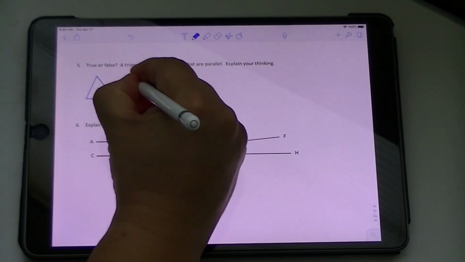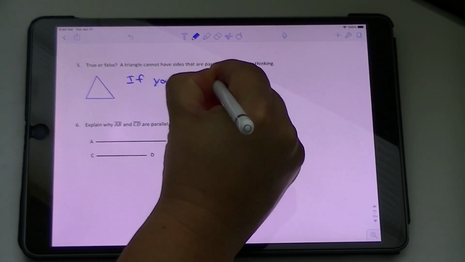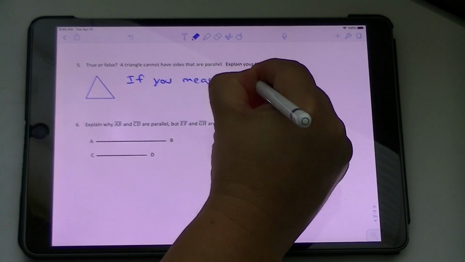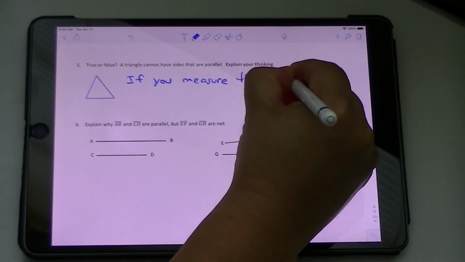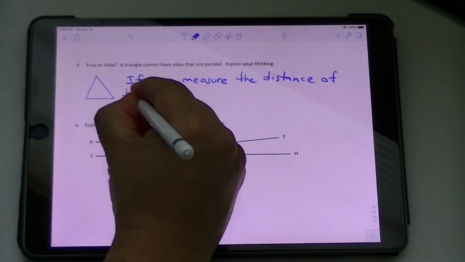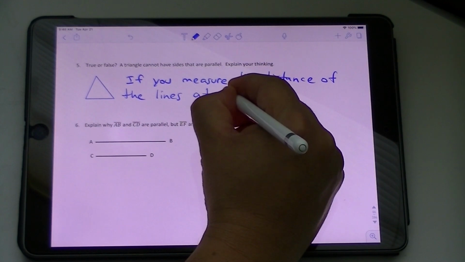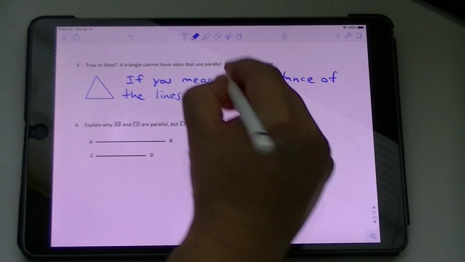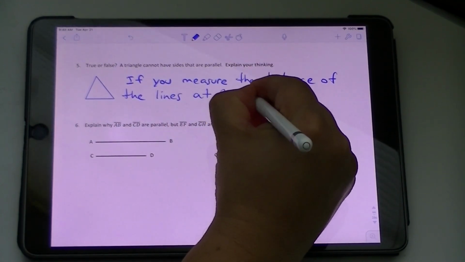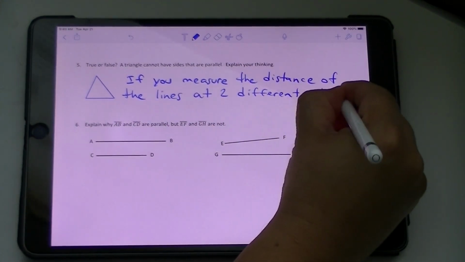Well, if you measure the distance of the lines at two different places,